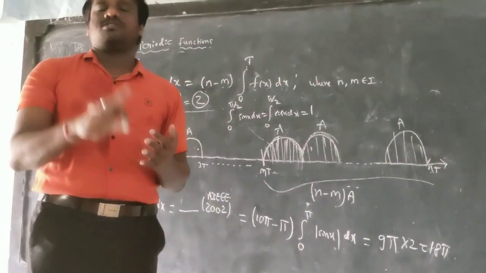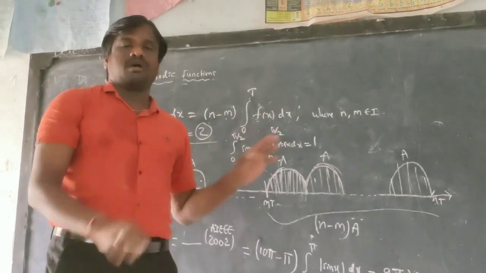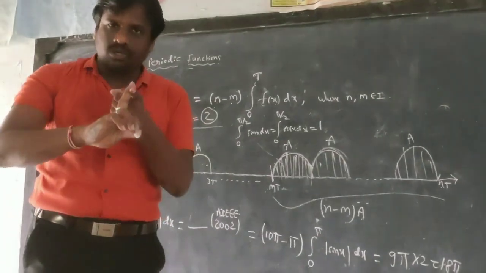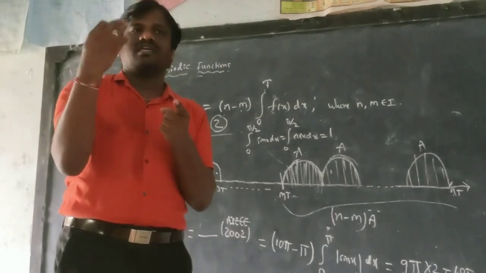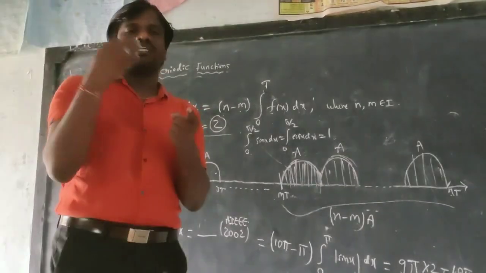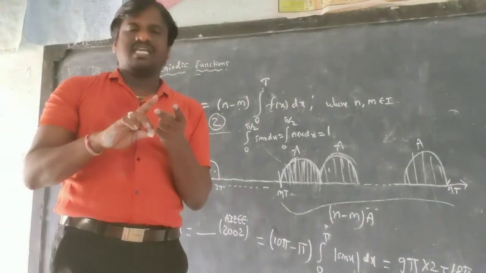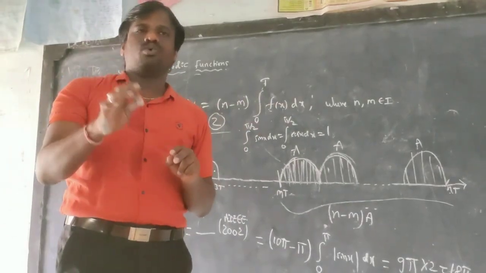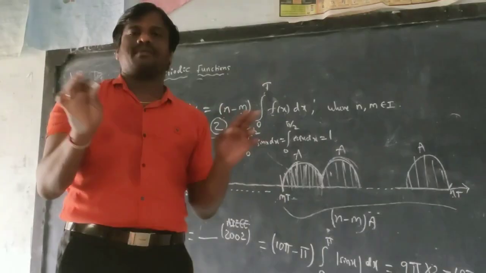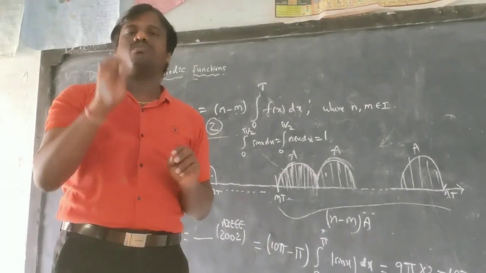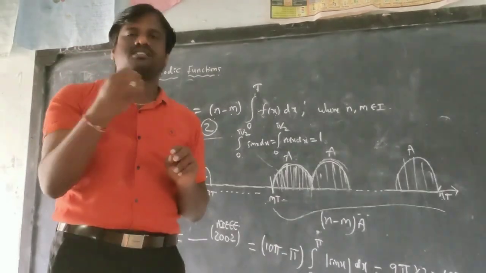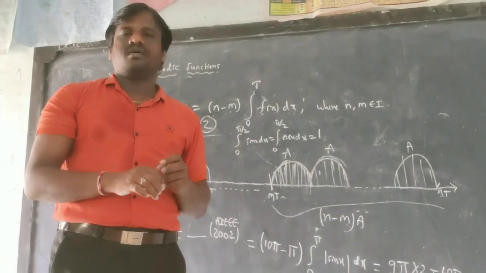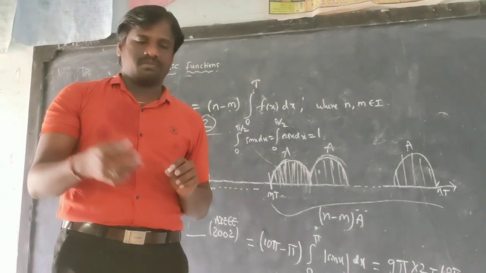We will solve more questions on properties 1, 2, 3, and this topic will be finished. After that we have the Leibniz rule. I discussed this in the AOD, but we will discuss more here. After that we have the sum of the series, and then this chapter ends. We will do more problems after completing the chapter: 2-3 days of important miscellaneous questions based on this topic. Then we will end this chapter by next week and start the new topic, vectors, in the next week. Hope you understand.